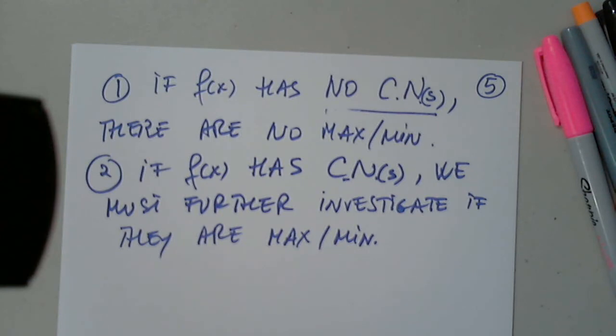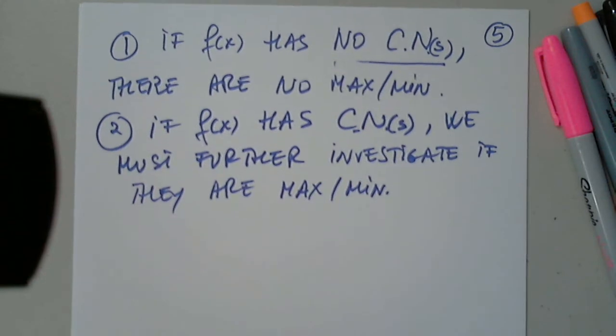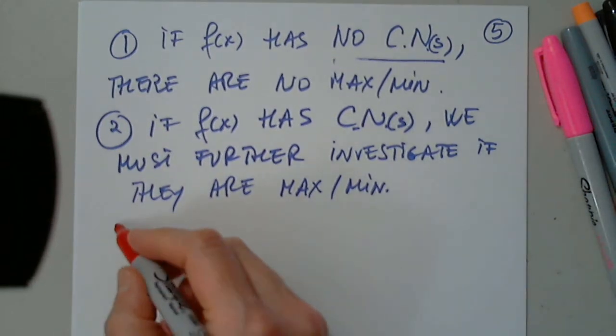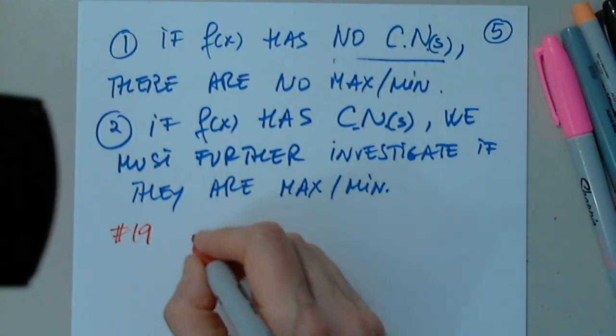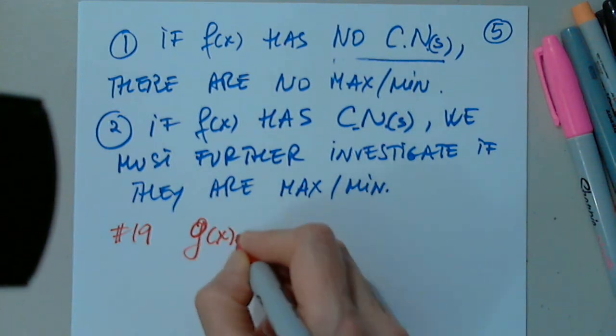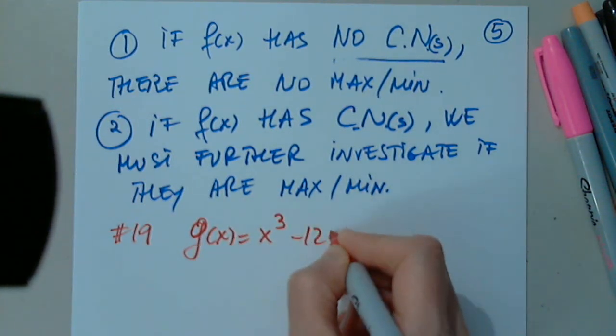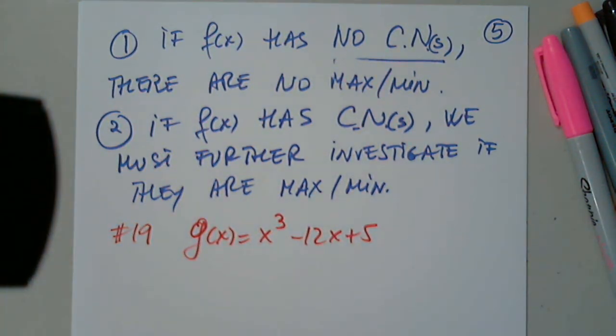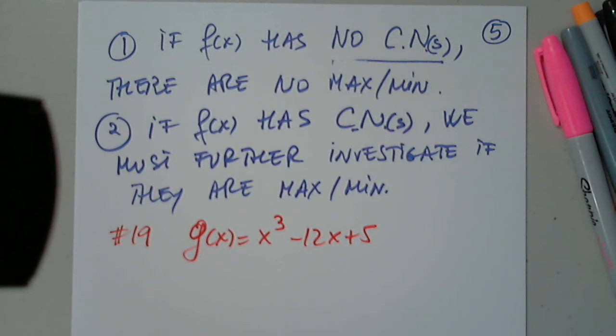Let's start with the polynomial first, and then we'll look at more sophisticated ones. I'll choose 19. So this is g of x equals x to the third minus 12x plus 5. So remember, we know that critical numbers come